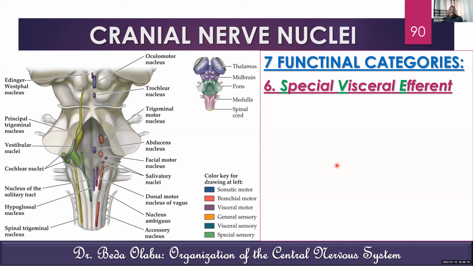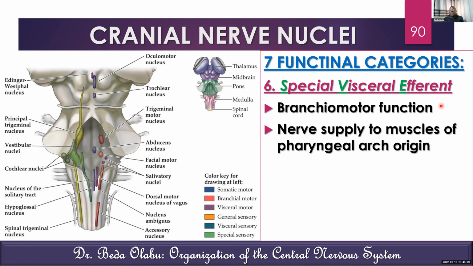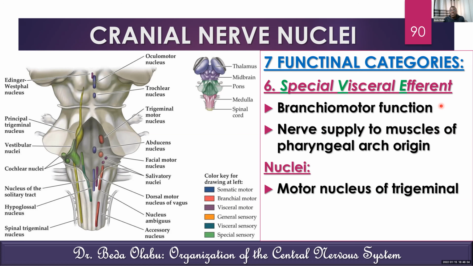The 6th one, SVE, special visceral efferent function, refers to branchiomotor function. This is innervation to skeletal muscles of pharyngeal arch origin. The nuclei that will have this role are these ones. We have the motor nucleus of trigeminal. Located within pons, it gives rise to the lower motor neurons that supply muscles of the first pharyngeal arch. Motor nucleus of facial, also located within pons, it gives rise to lower motor neurons that supply muscles of the